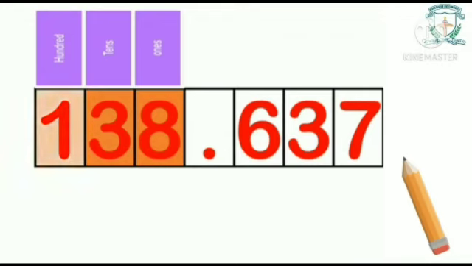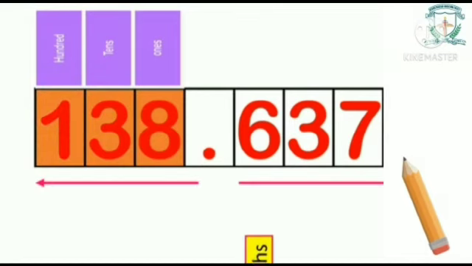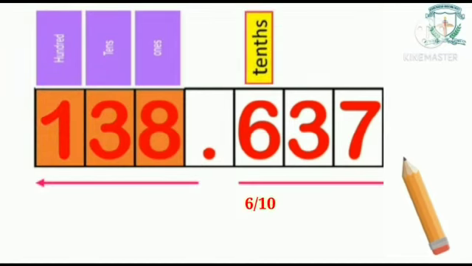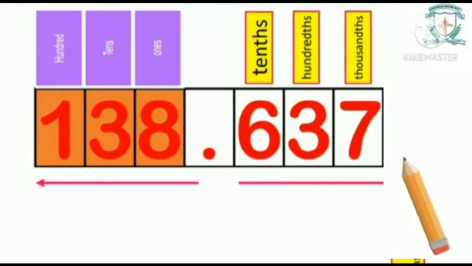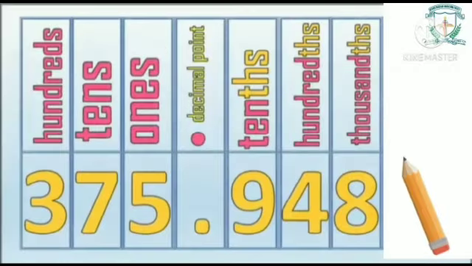138.637. The place value of the whole part is 8 ones or 8, 3 tens or 30, 1 hundred or 100. The decimal part is 6 tenths or 6 by 10, 3 hundredths or 3 by 100, 7 thousandths or 7 by 1000. Let us consider the decimal number